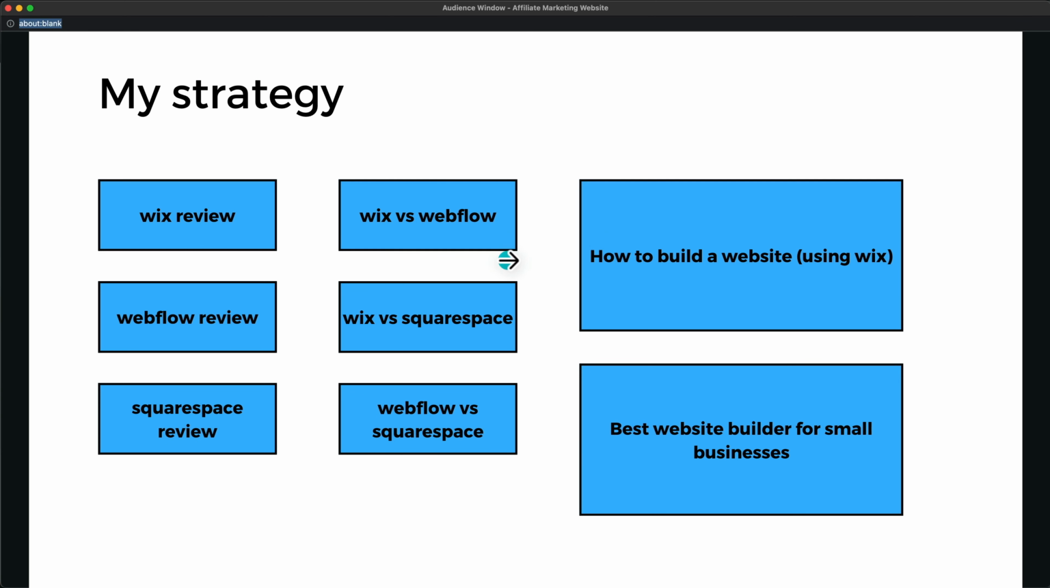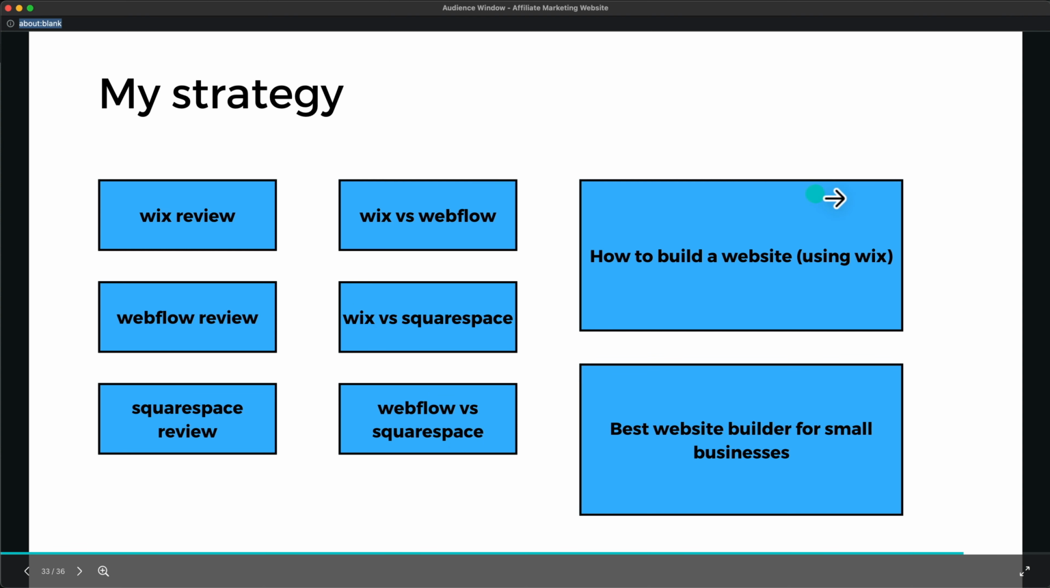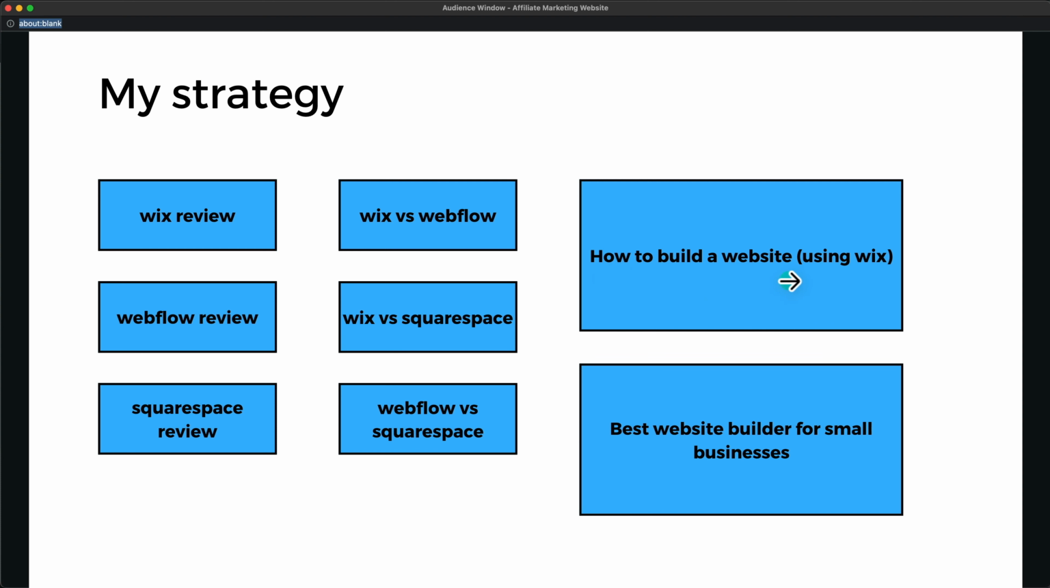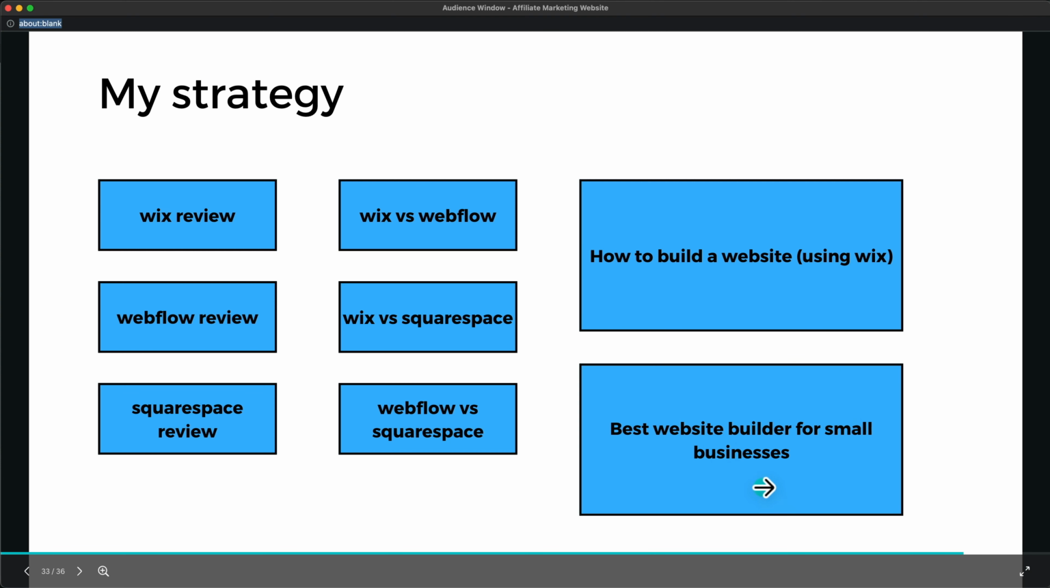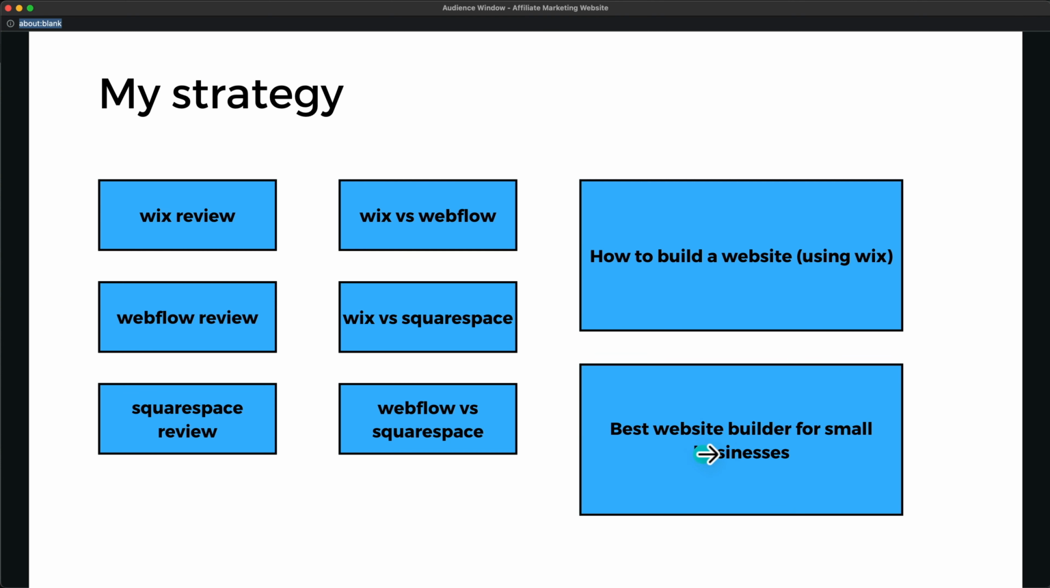So for example, for the website builder niche, this could look something like this. Like you would create a Wix review, a Webflow review, and a Squarespace review, which are all website builders. Then you're going to compare Wix versus Webflow, Wix versus Squarespace, Webflow versus Squarespace, and so on. And then once you've done that, you can build your pillar content, how to build a website using Wix, or how to build a website for a small business, or the best website builders for small business, 7 best website builders for photographers,